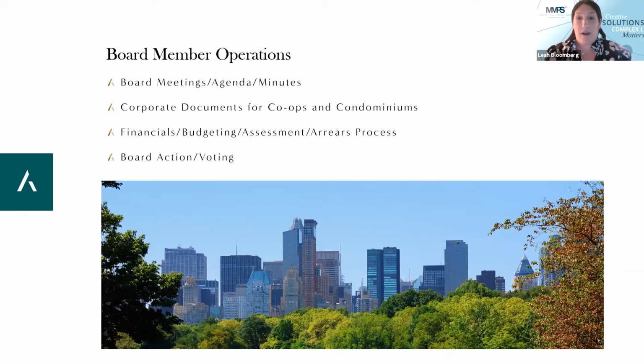Proprietary leases and bylaws need to be voted on by shareholders. There's usually a certain percentage if you want to change the terms of those documents. House rules are typically changed by the board because they're an ever-evolving document, and so you don't want to have to call a full annual meeting to vote on house rules as things evolve.